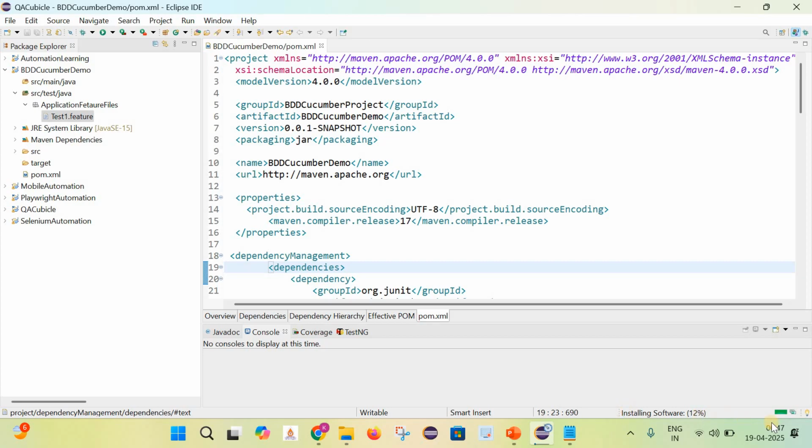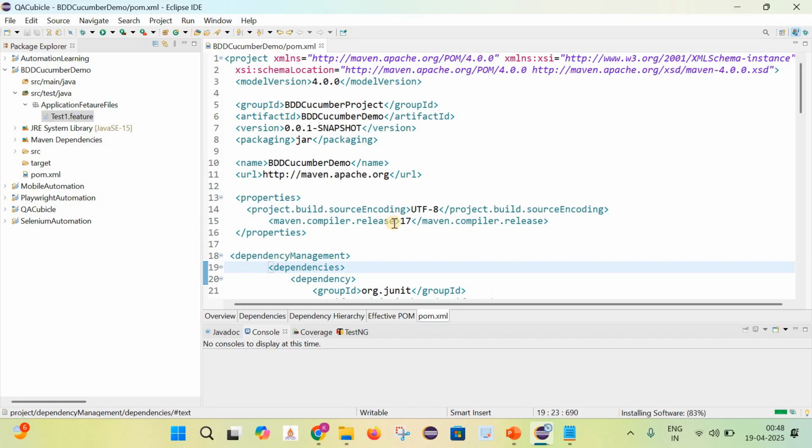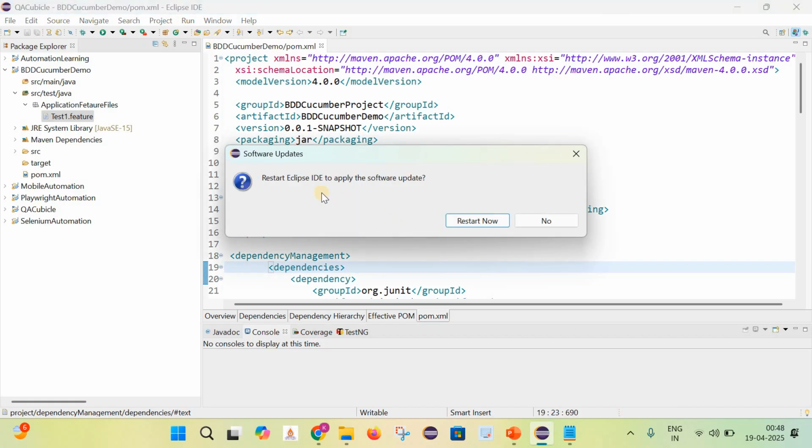So here you can see it is installing the plugin. And once the installation is complete, it will ask to restart the Eclipse IDE. So you just need to click on Restart Now.